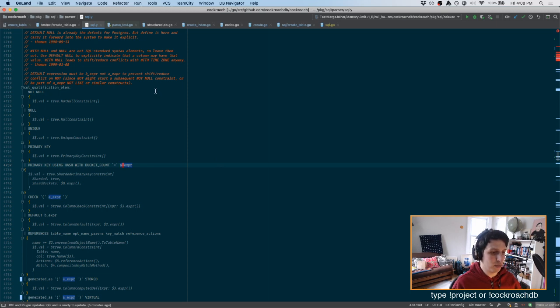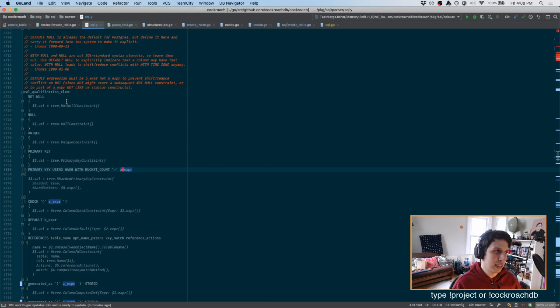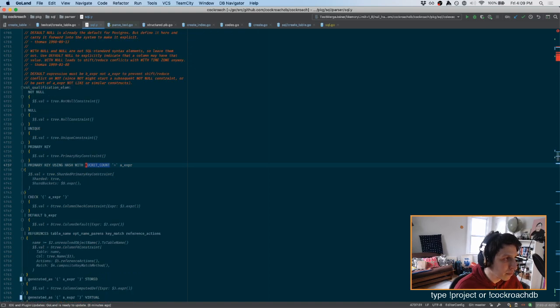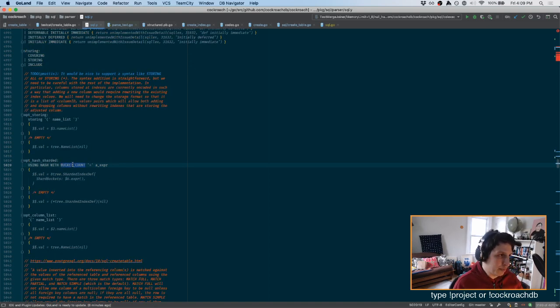This is kind of like the way that the SQL language is generated for CockroachDB. It's sort of a list of specifiers. You can build up a grammar. It's a whole part of the world of computer languages. But the point is, this is where we're getting that syntax from. And it says that, wait, maybe there's two of these actually. Yeah. If you say USING HASH WITH BUCKET_COUNT, the thing that you pass into it is what we call